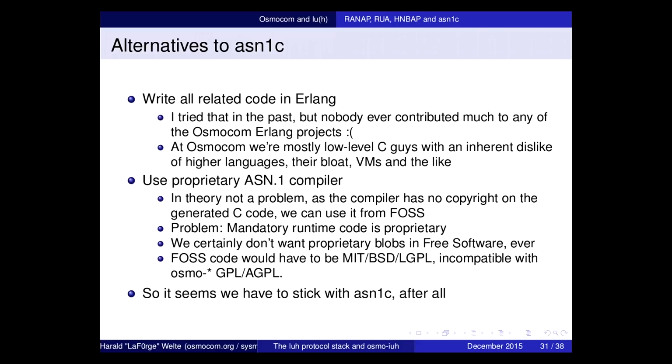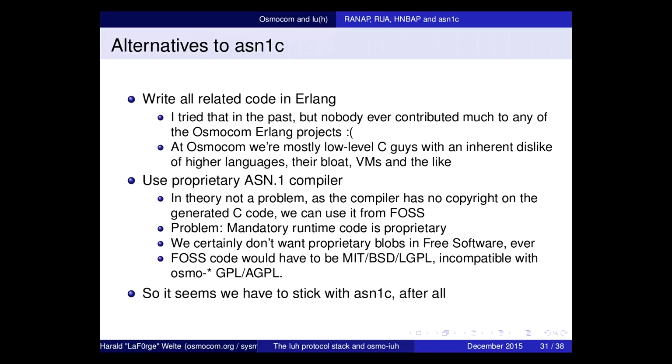So I thought, well, okay, it's very nice to work with ASN1 in Erlang, but then if nobody contributes, I'd rather go the difficult C way and then have contributors in the project. Also, of course, in the Osmocom project, we're mostly low-level C guys, and people are very wary of virtual machines and the at least perceived bloat they introduce.